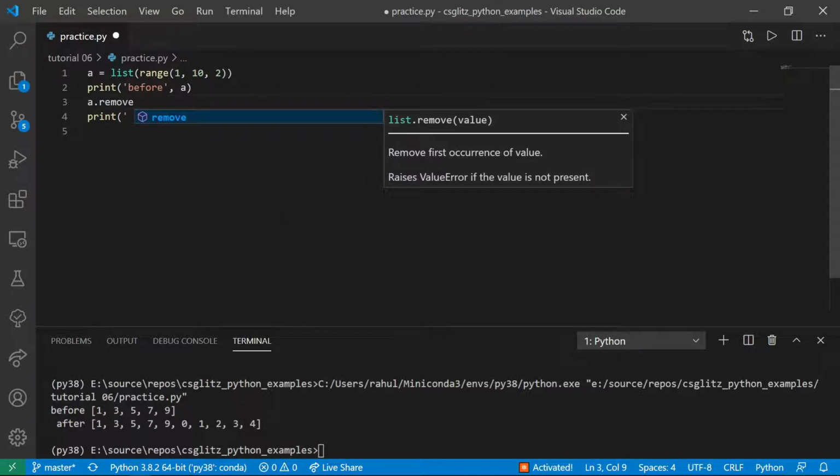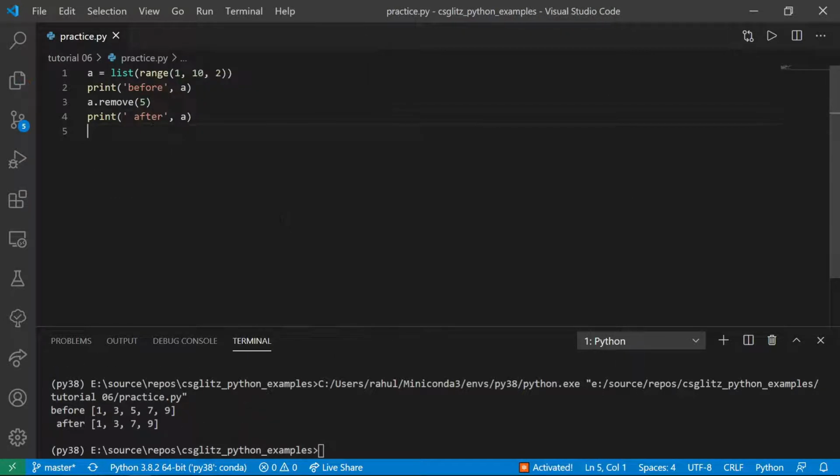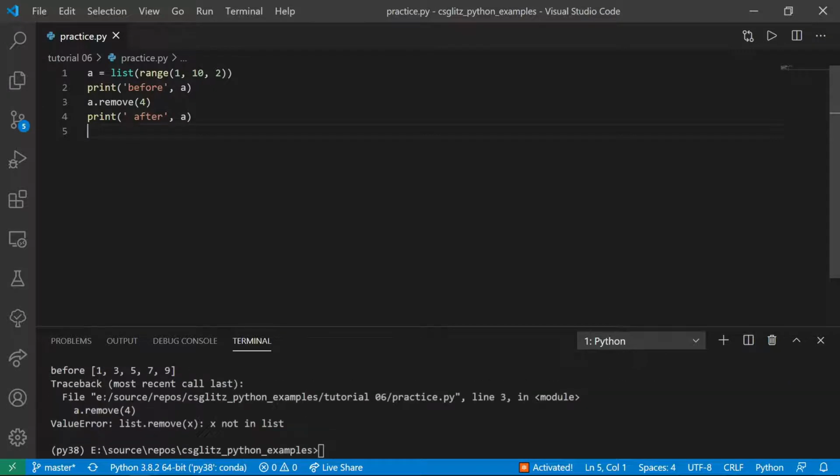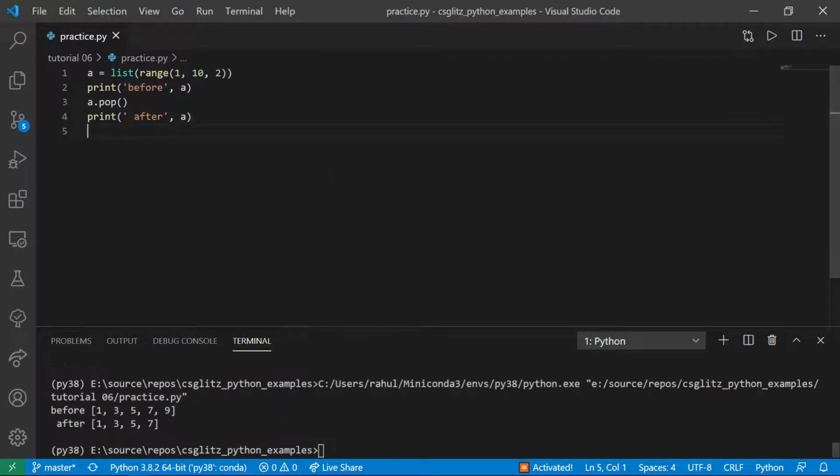The remove method will remove the first item from the list whose value is equal to 5. It raises a value error if there is no such item. The pop method will remove and return the last element from the list.